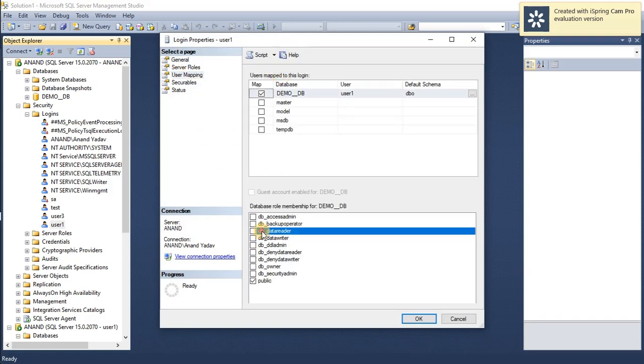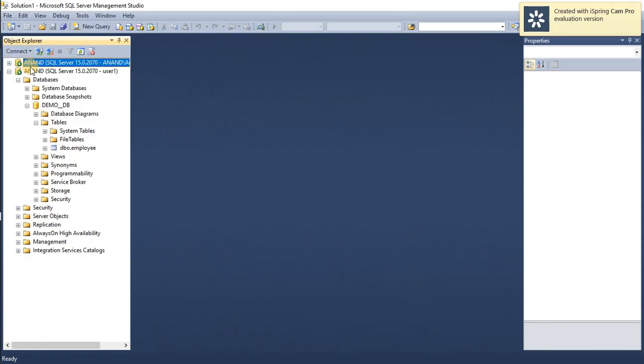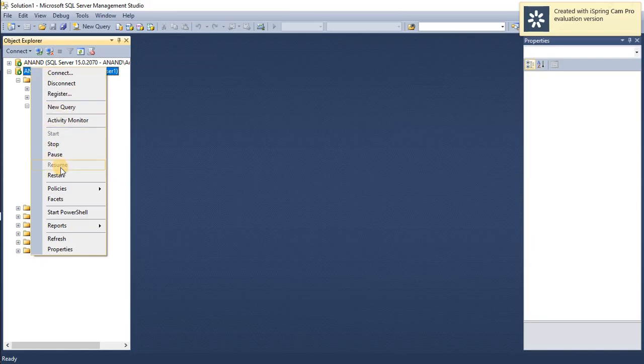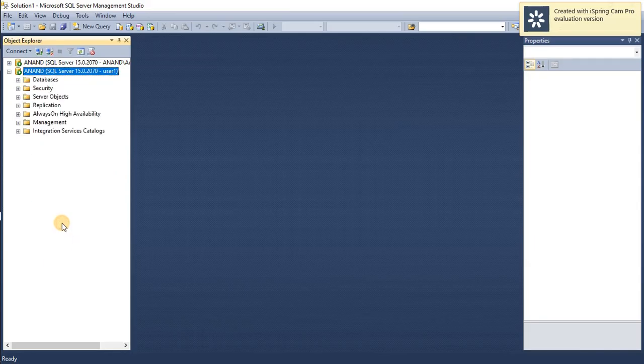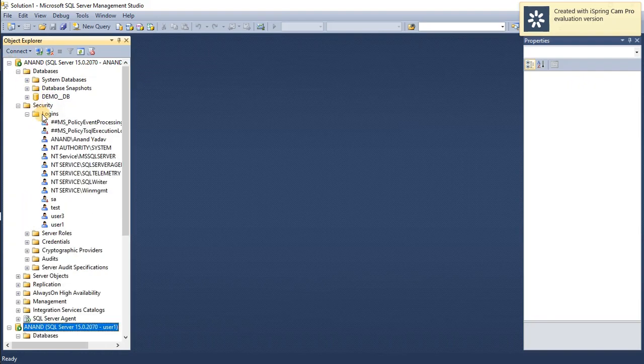So let me revoke this. That means with the help of data reader, he can see the definition and he can fire the select query. So that is one of the options. Otherwise, I think I need to go back and find some other options.